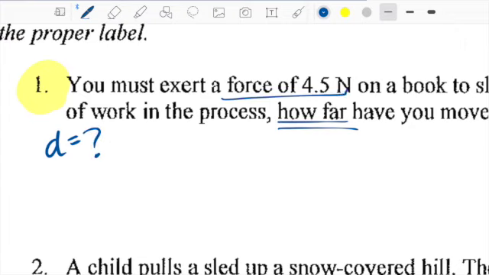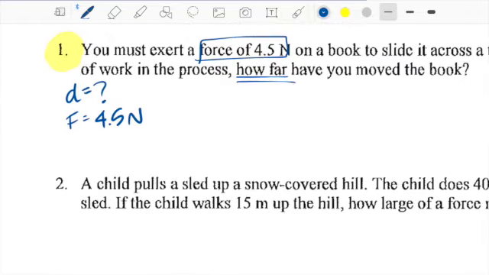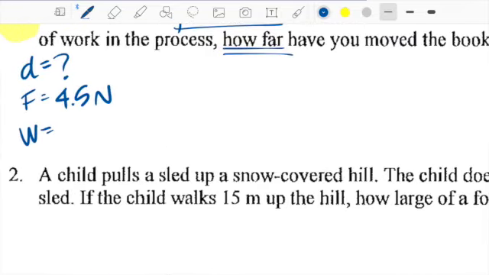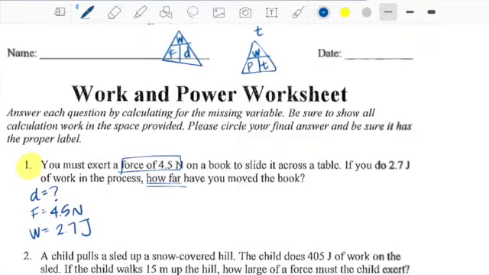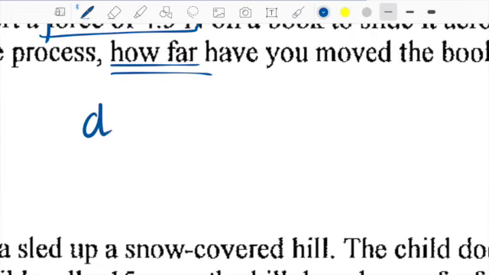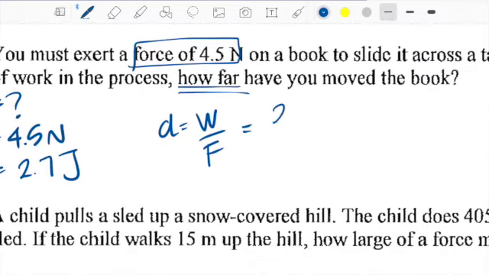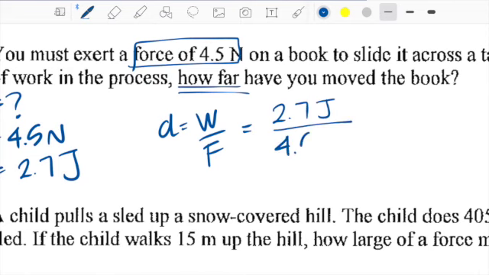Then they're telling me that you have a force of 4.5 newtons and you have work done of 2.7 joules. So you will go to your triangle and observe that you're searching for distance. So if you're searching for distance, you will have work divided by force. So distance equals work divided by force. Distance equals, so we have 2.7 joules divided by the force, which is 4.5 newtons. And your answer would be